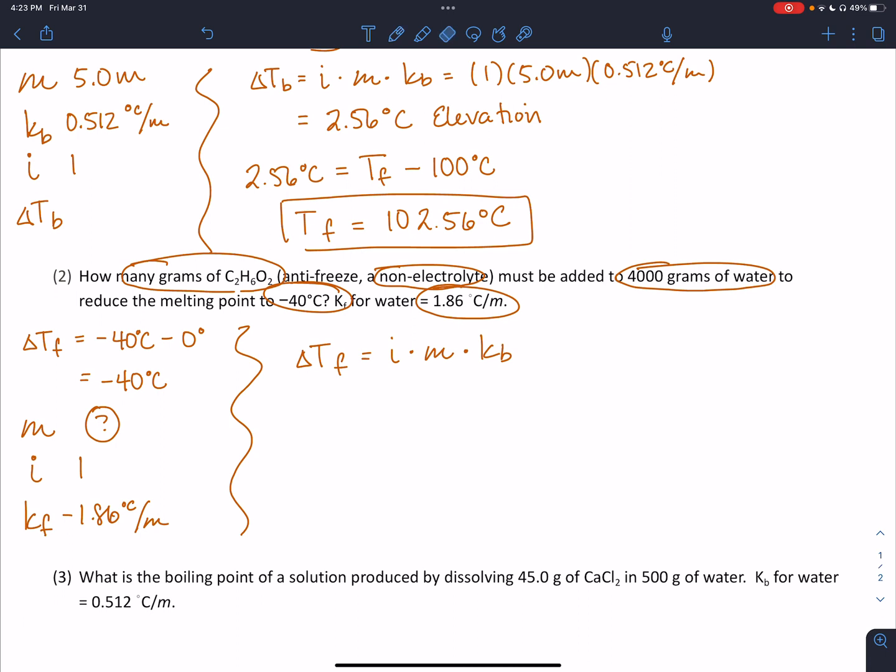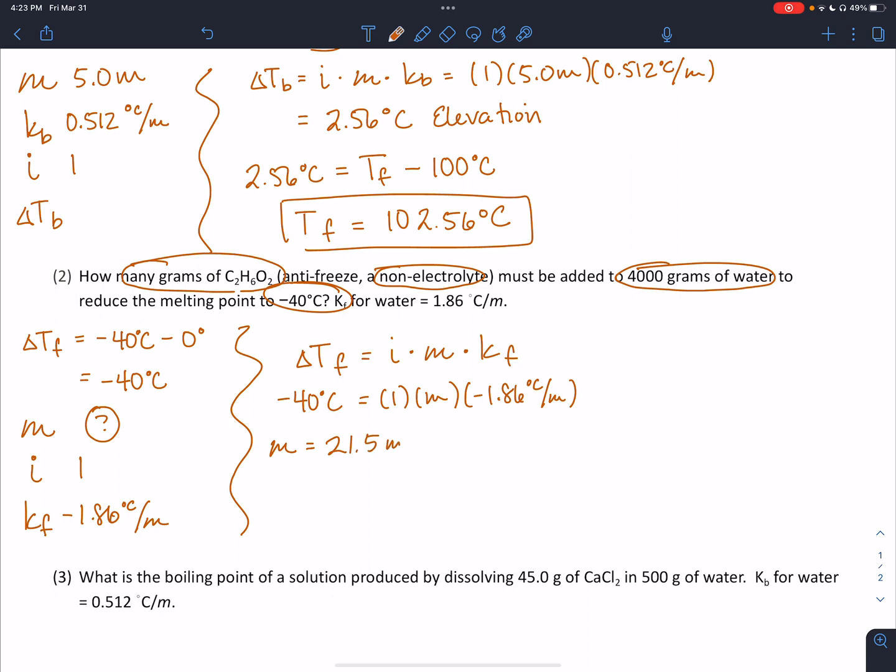Nope, and then I wrote Kb. Sorry about that. Kf. All right, so negative 40 degrees Celsius equals 1 times my unknown molality times negative 1.86 degrees Celsius per molal. If I divide that 1.86 over, I'm going to find that the molality of this particular solution was